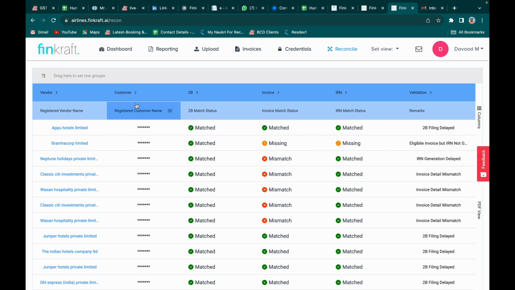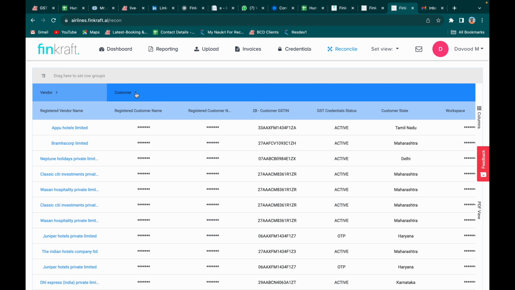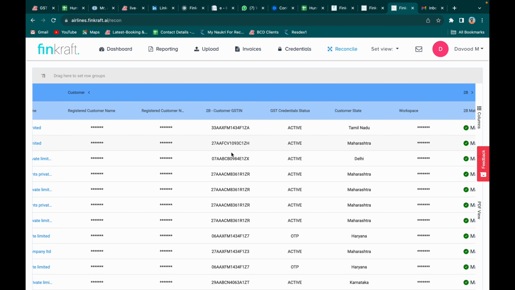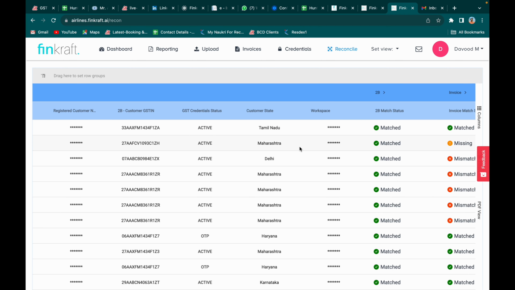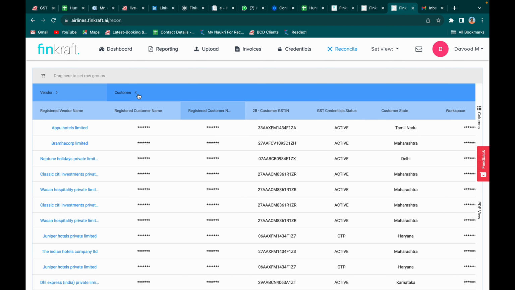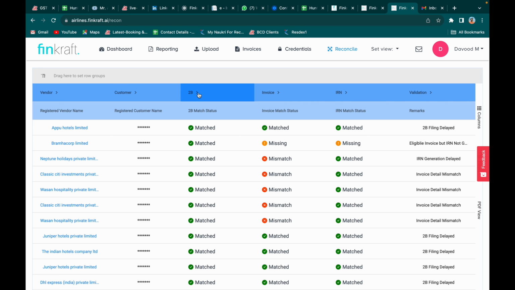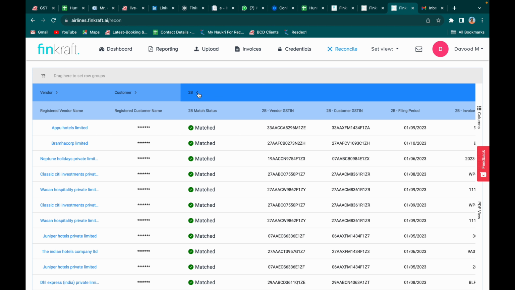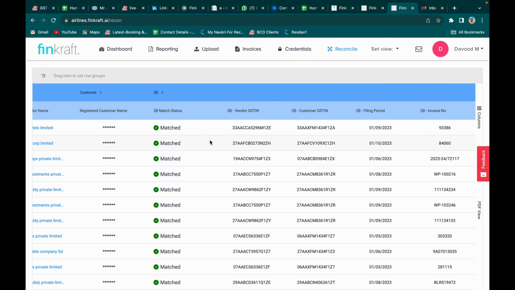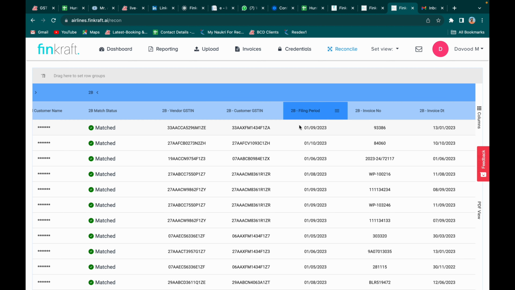Then other options are here. For example, you can simply click here on the customer and check the details. For security, we are not highlighting the customer name. The GSTIN is here, then the status, state, and as we go further, if I simply click on 2B, here you can see the filing period,